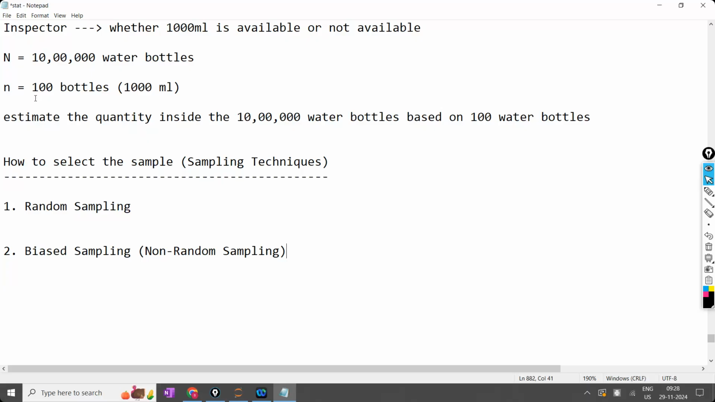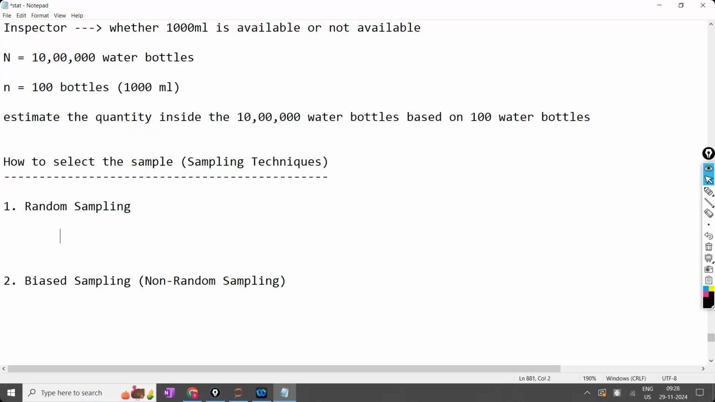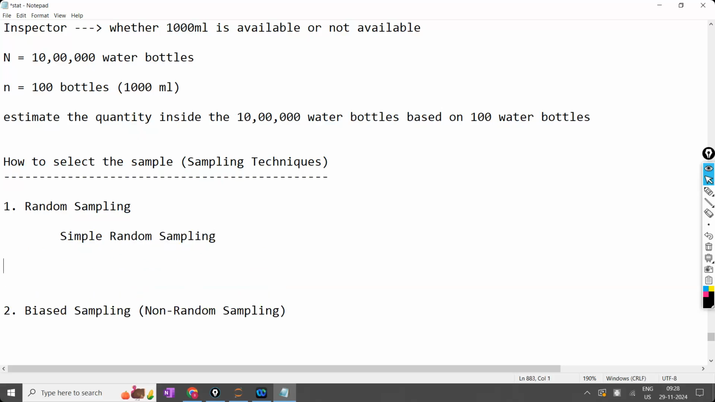Within random sampling, again, we are having one more called simple random sampling. Simple random sampling means you are going to select as per your choice. Simple as that. The second one is called proportionate random sampling. Proportionate random sampling is also called stratified